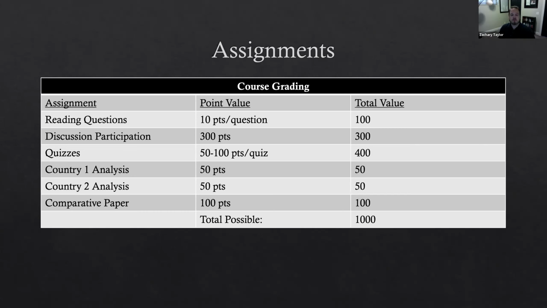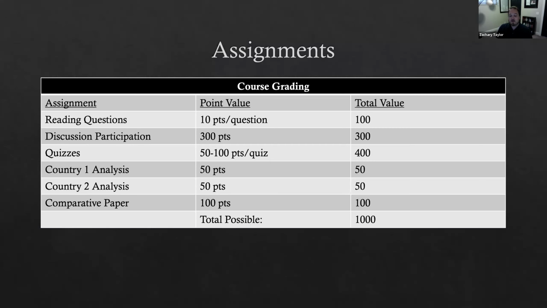So together, those reading questions and the discussion participation are going to constitute a total of 400 points out of 1,000, so 40% of your overall grade. And then another 40% will come from those quizzes. So these are at the end of each of the module sections. It is not comprehensive. A few years ago, I did away with the whole structure of doing a midterm and a final because I found that these were more accessible and students liked them a lot more than having to bank all the information and then regurgitate it in class on a big exam.